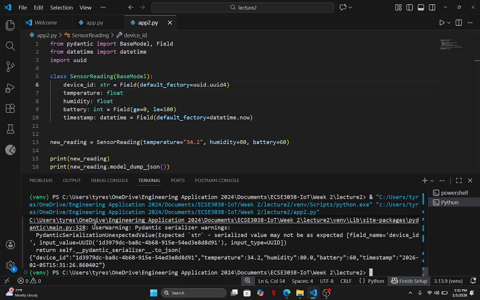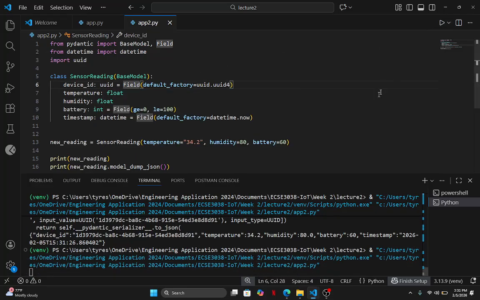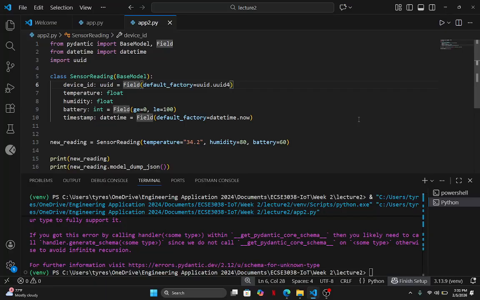Oh, it's a warning. What's the warning? The warning says serialize. Yeah, expected. It got string, or it expects a string, but it got a UUID. So I think maybe I would need to specify UUID here instead. See if that works. No.